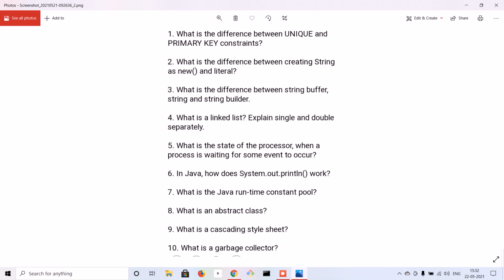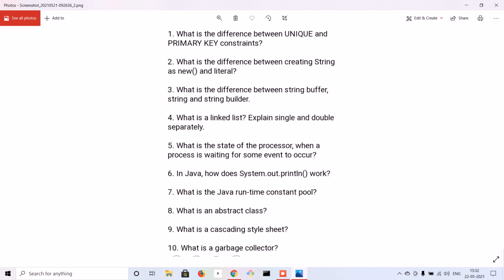If it is not there, it allocates a separate space for that string and creates an object for it. But next time when you create a string using the same literal, it won't create an object. It will go to the string pool, see that it is already there, and just return a reference to that string.